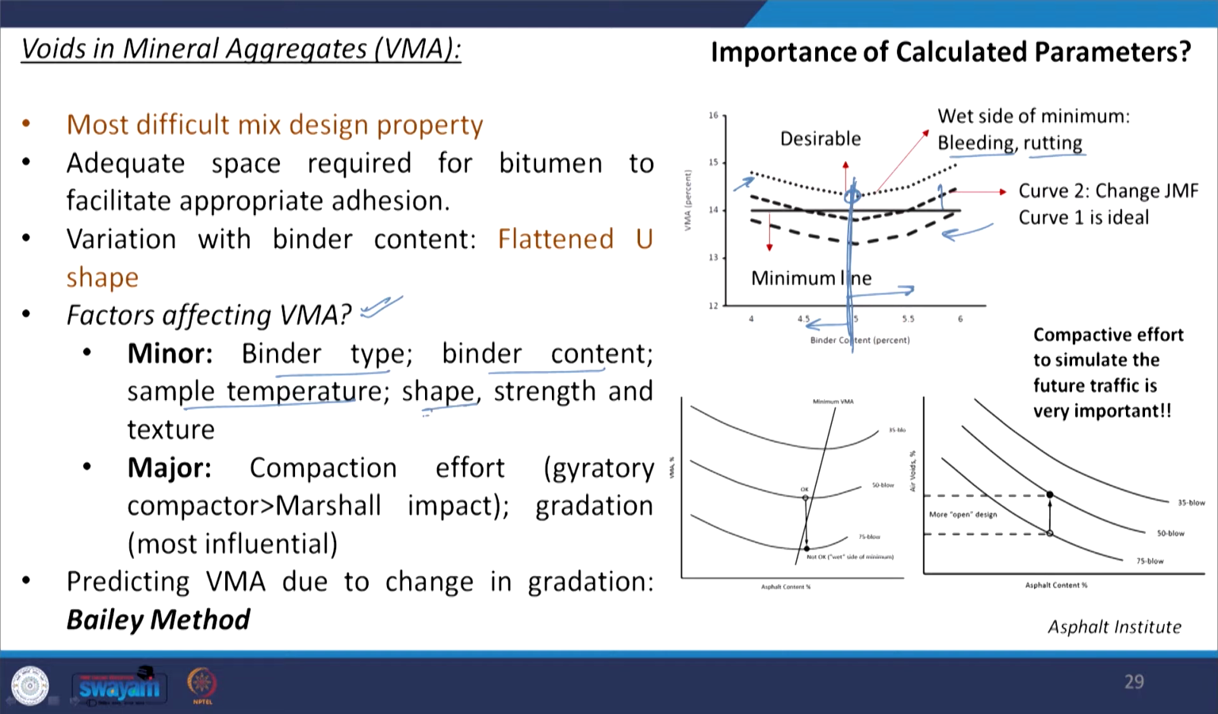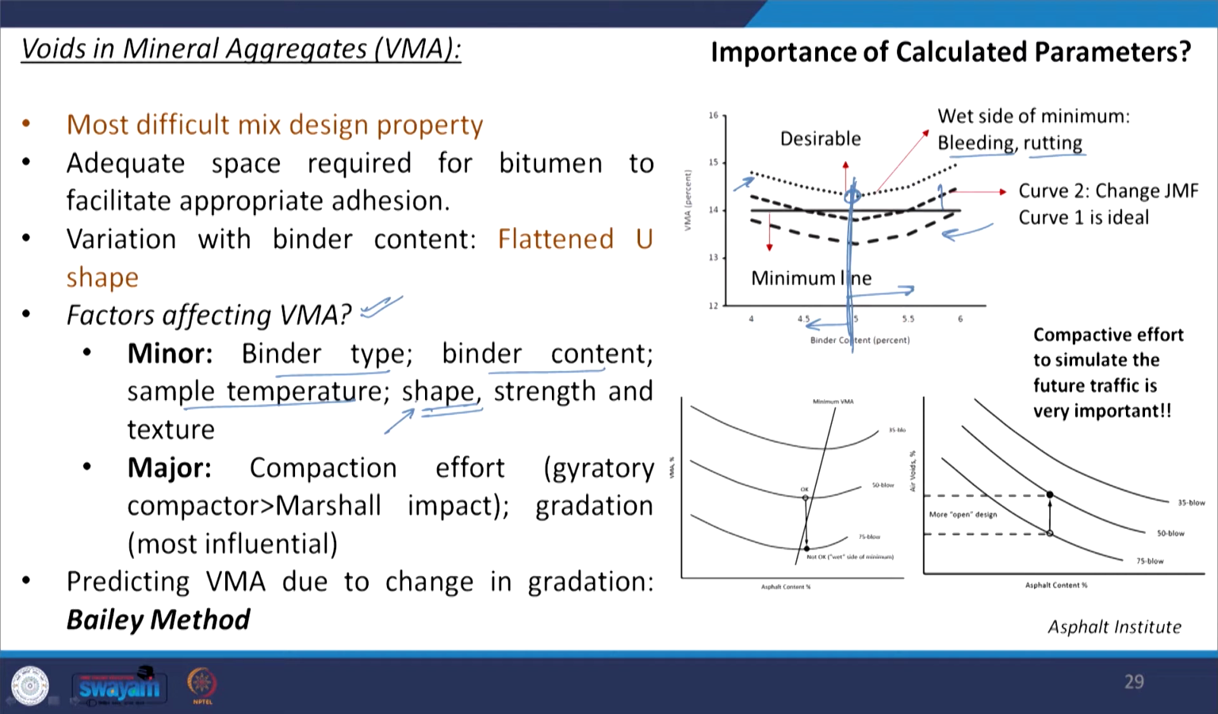The shape of the aggregate is very important because if you have rounded particles, they will have lower air voids because they can slide past each other and occupy a much denser space. On the other hand, if you have angular particles, they will have better interlocking, but the voids between them will be higher because the friction between them is higher. So, they will have a higher value of VMA. The shape of the curve is important when you talk about the value of VMA in a particular aggregate